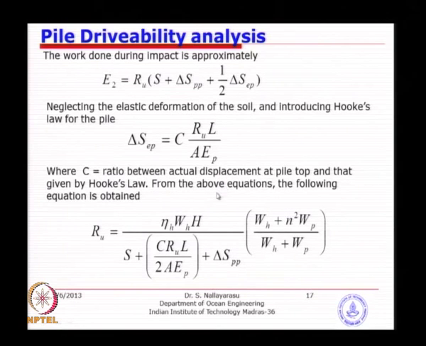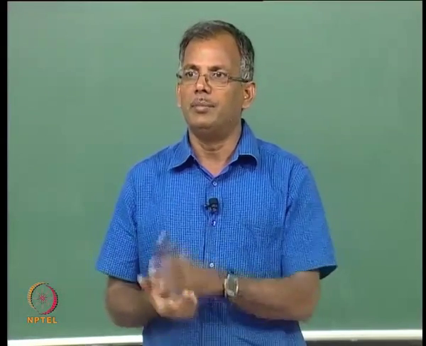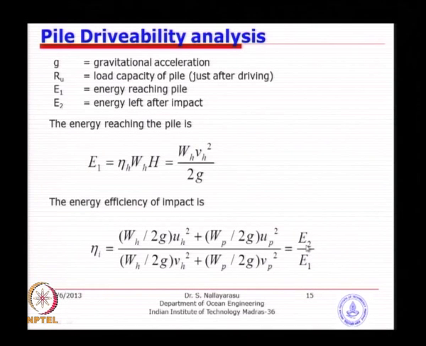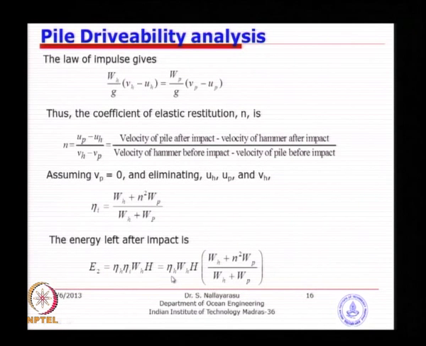So, that is the derivation: you put all these velocity components UP and UH and VH and VP, and assuming that the velocity of the pile just before impact, that means it still has not been struck at the top of the pile, is definitely 0, and you substitute the parameters, you will get a relationship for E2, which is what we were looking at, with respect to hammer weight, hammer fall, and your efficiency of hammer, which is already substituted.